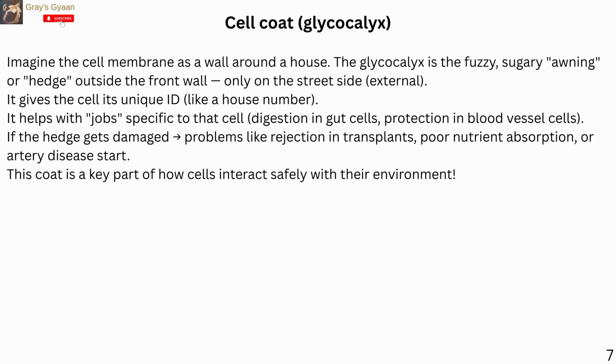It helps with jobs specific to that cell, digestion in gut cells, protection in blood vessel cells. If the hedge gets damaged, problems like rejection in transplants, poor nutrient absorption, or artery disease start. This coat is a key part of how cells interact safely with their